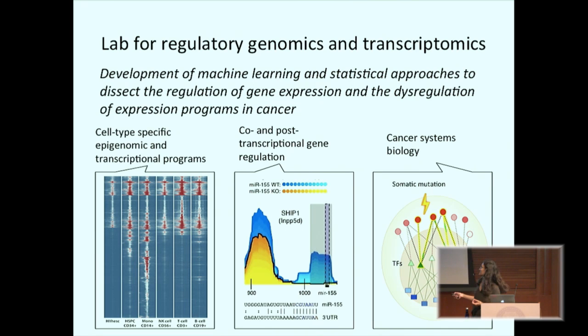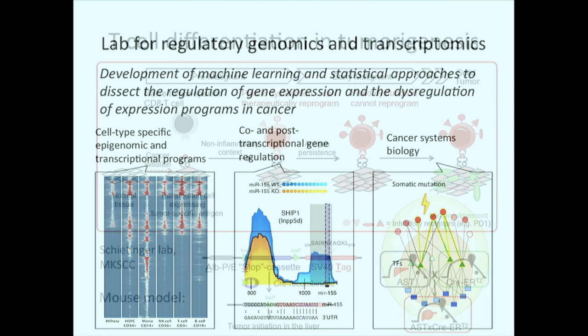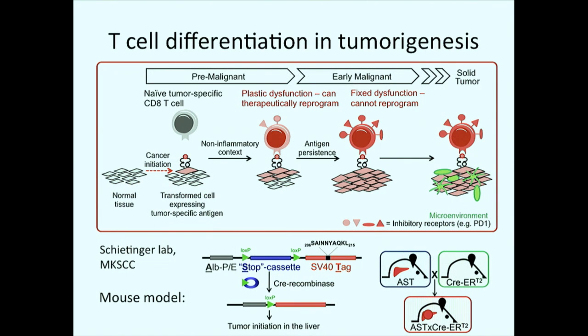But we also do a lot of work on post-transcriptional regulation, co-transcription, alternative cleavage and polyadenylation, microRNA-mediated regulation. We also do some work trying to understand tumor data of big cancer immunogenic neoantigen. And you adoptively transfer CD8 T cells specific to this neoantigen into the mouse.